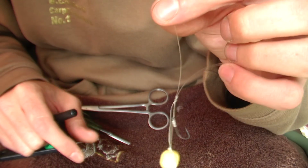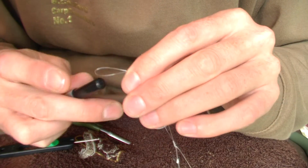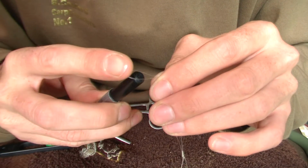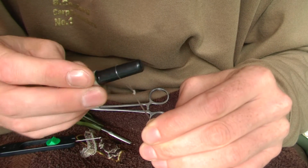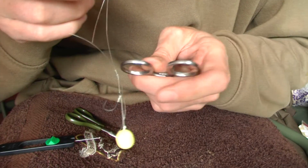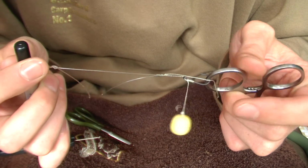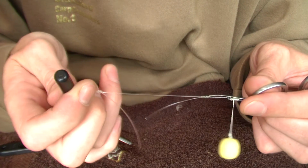Now because the loop that I put on that will connect to my quick link is quite big, the good thing about this as well as an extra tool, it's got a nice round body to it, and I like to stick the loop for my rig over that, and then using a very long pair of disgorgers, scissors, whatever, I like to just put that on the bend of the hook, keep my fingers on the hook as well, one round there, and just